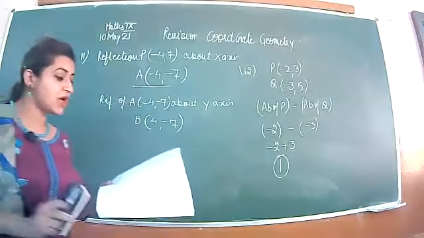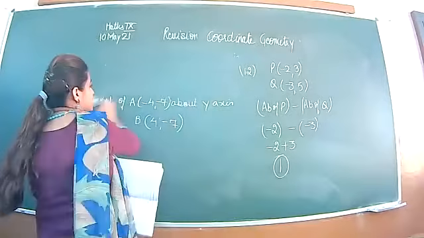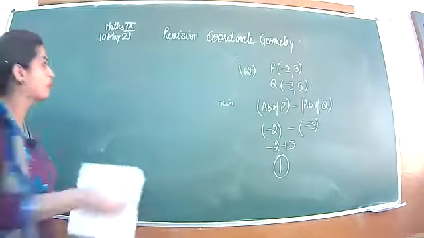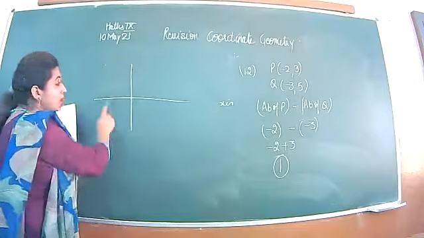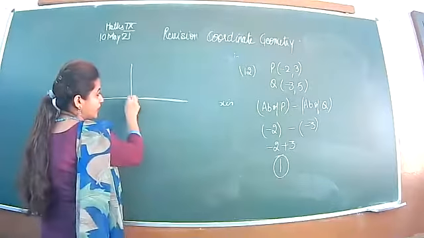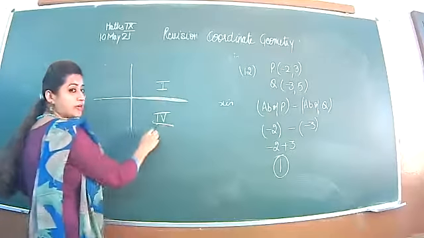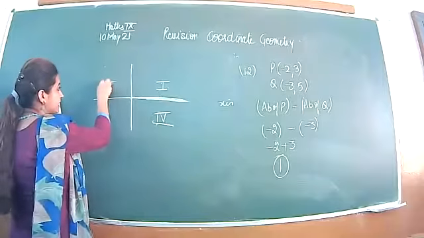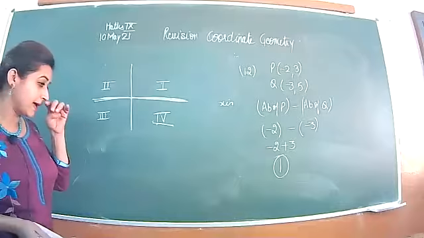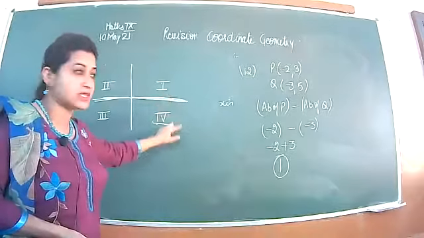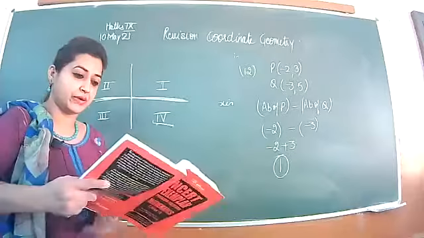Next is abscissa of a point is positive in. किसी भी पॉइंट का जो abscissa होता है वो पॉजिटिव कहाँ पे होता है, कौन से क्वाड्रेंट में होता है? abscissa मतलब x कोऑर्डिनेट कहाँ कहाँ पॉजिटिव होता है. एक तो यहाँ पॉजिटिव होता है, अगर इधर पॉजिटिव है तो इसके नीचे भी पॉजिटिव होगा. इसका मतलब फर्स्ट और फोर्थ क्वाड्रेंट में abscissa पॉजिटिव होता है. सेकंड और थर्ड में abscissa जो होता है वो नेगेटिव होता है. तो आपसे ये पूछ रहे हैं कि abscissa of the point is positive in which quadrant, first and fourth, and it will be negative in second and third.